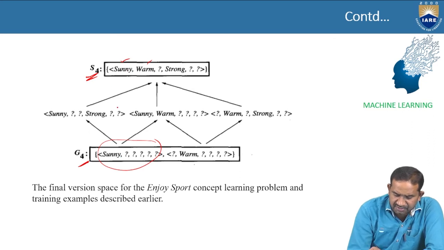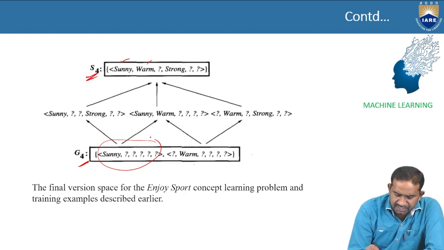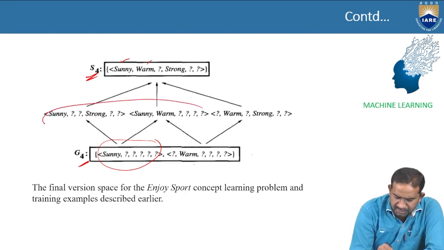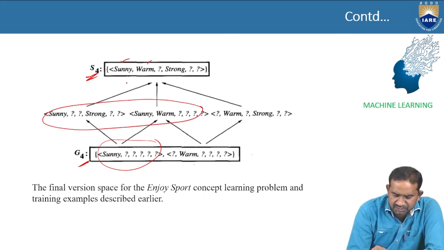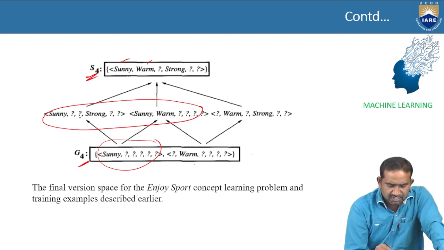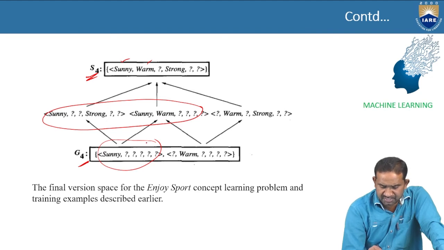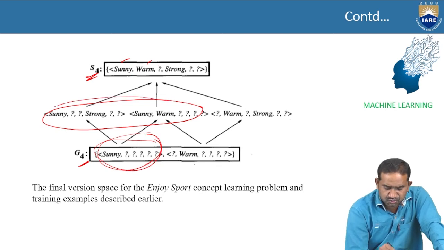And then the generalized one: if any parameter is generalized, then it is generalized. When we compare, these two are generated from this one. These two values, S4, you can compare these two. It's generated by S0. Why? Because here two attribute values are there. First, you can start from sunny. So sunny, generalized one, strong, generalized one, and we can go to sunny with warm. Sunny comma warm, the generalized one, we compare with this one, and based on these two we can generate these two.